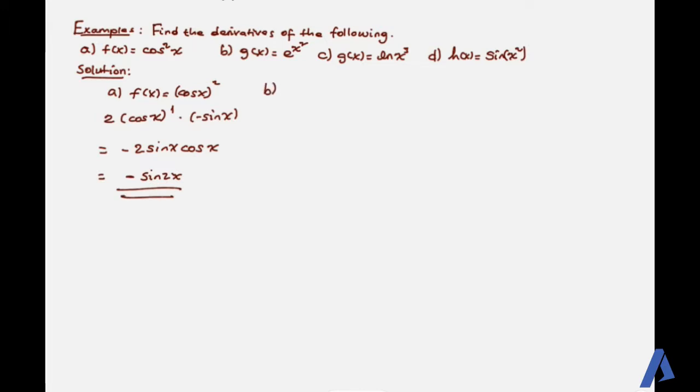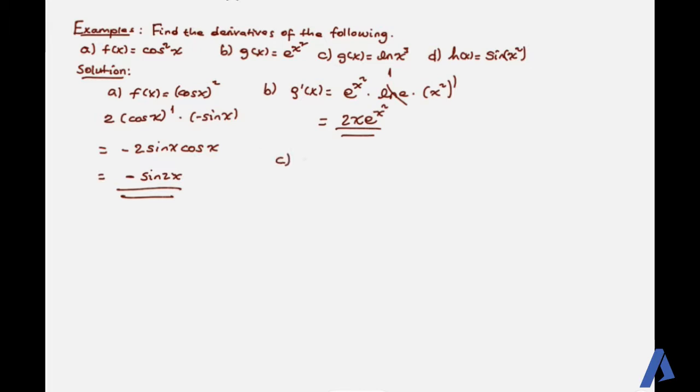ከዛ ለb ደግሞ f(x) = e^(x²) ነው የሚለው, this is exponential rule የምንጠቀመው። ስለዚህ f'(x) = e^(x²) multiplied by ln e multiplied by the derivative of x². This is 1, this is 2x, ስለዚህ 2x e^(x²) ይመጣል ማለት ነው።